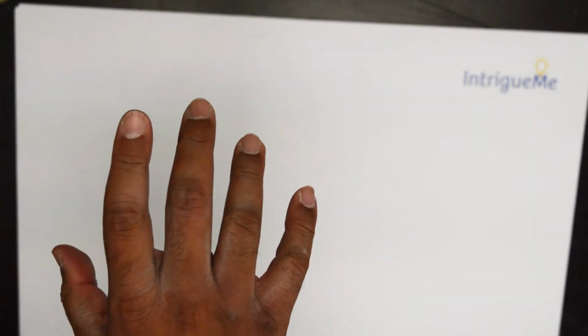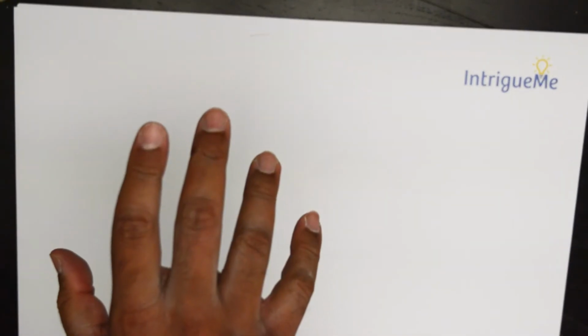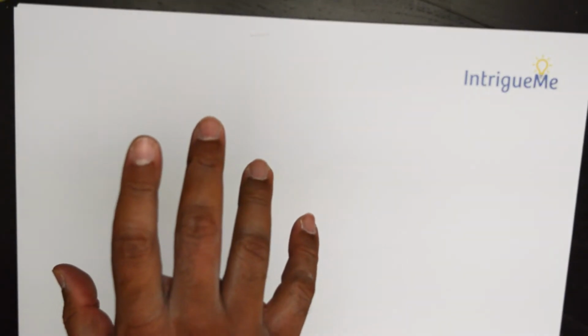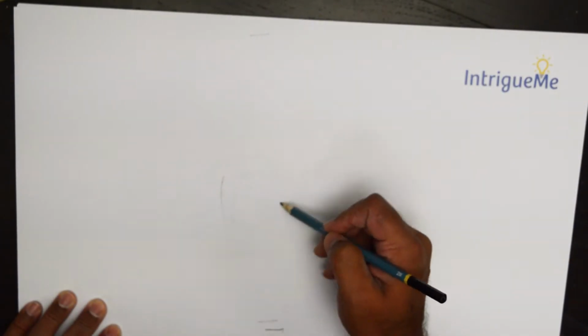Today we will be doing a quick exercise in drawing some hand anatomy. It's just a casual pose, not necessarily a pointing pose, but a casual pose with the hand partly relaxed. So when we start off, we will first put down